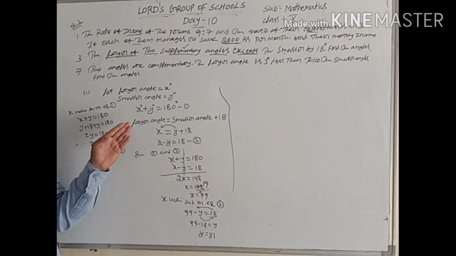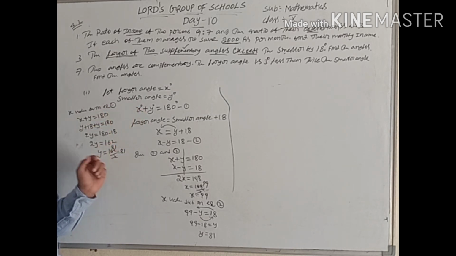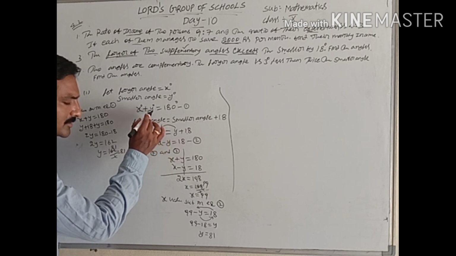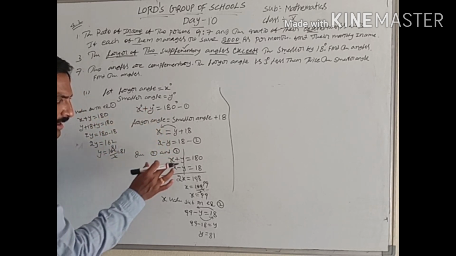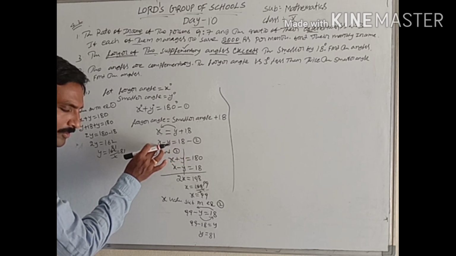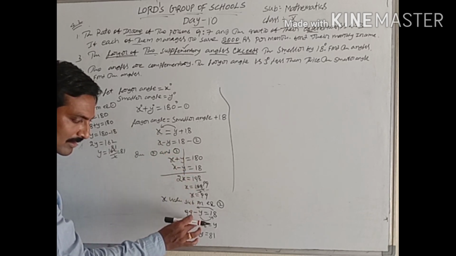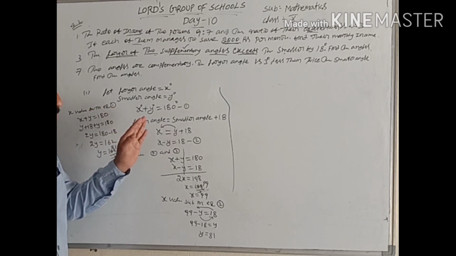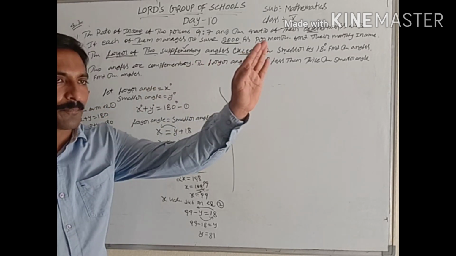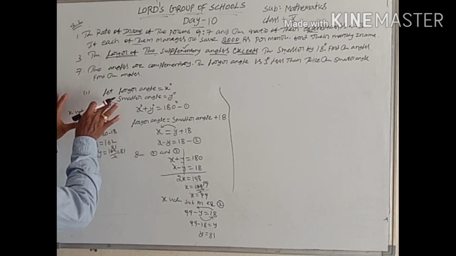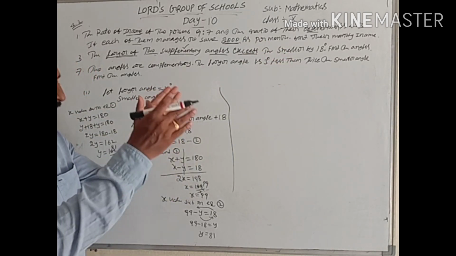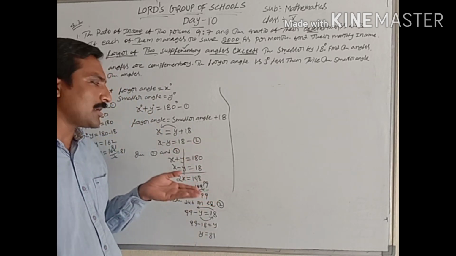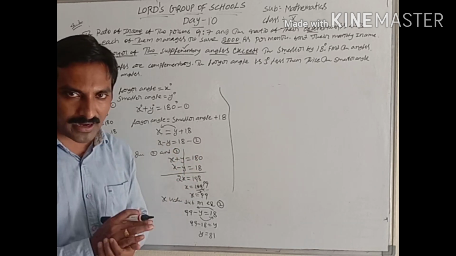This y value substituted in this equation, you will get the x value. Up to here, substituting this one in this equation is the substitution method. If we prepare the equations with two variables and add or subtract, that is the elimination method. Why am I explaining these two? Some problems say, find the angles by the substitution method, which means you have to complete it this way. By the elimination method means you complete it that way. If no method is mentioned, you can do either one, not a problem.